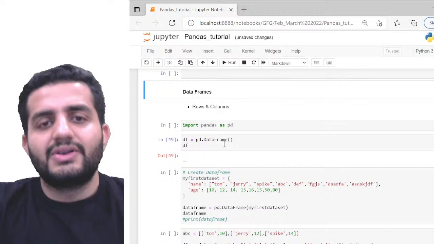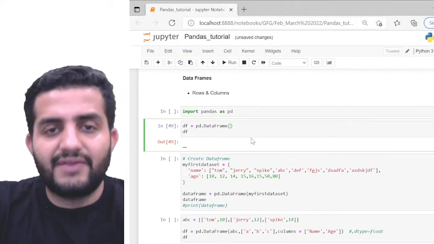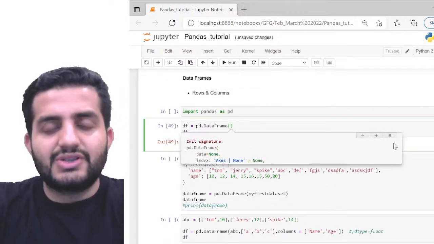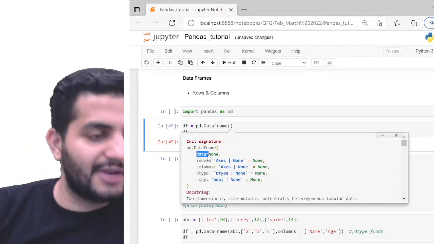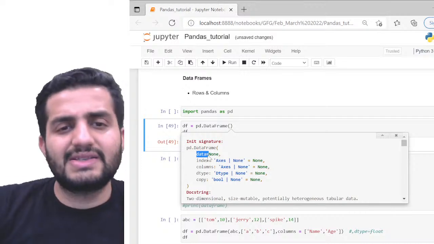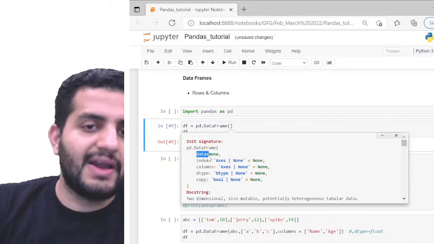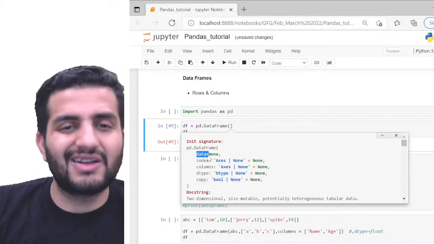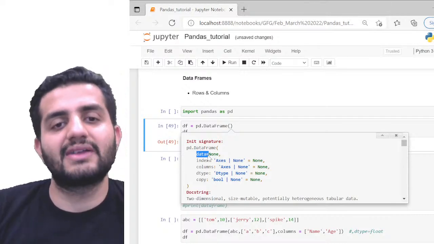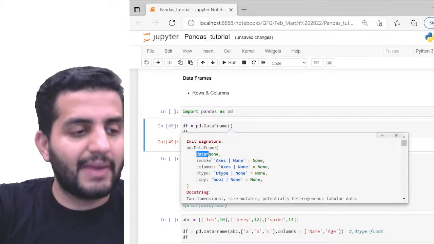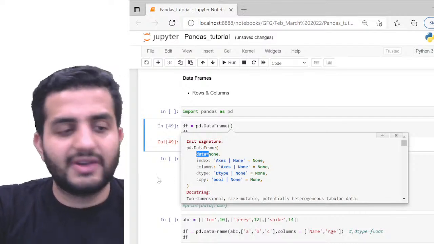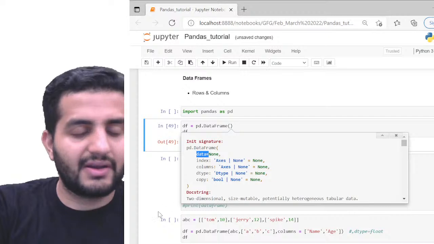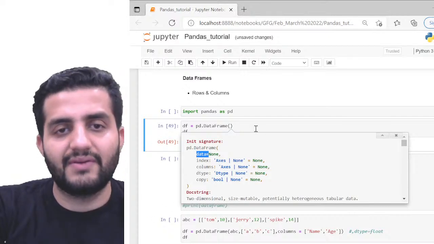Right. So as you have seen, we have data, index, and everything, right? So as you know, if you pass the name of the argument directly, any order is fine, so I can pass data anywhere. And likewise, if we are not passing the name of the argument, then I have to make sure that the order is retained, right? So if I'm not passing the name, the first argument by default will become what? Will become data, right? So this is something which is very important. We have to make sure that we are adhering to what we have in this case.